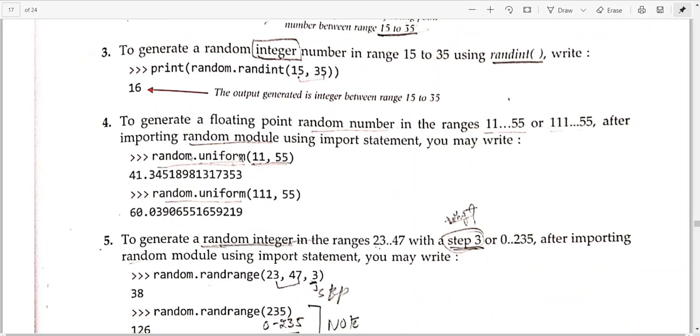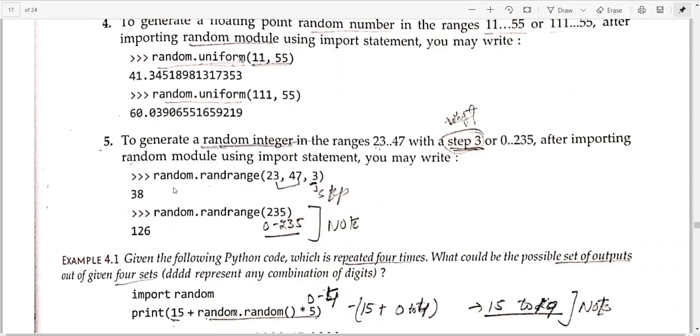Now you will be reading out this uniform function along with this random module. What it will do, if this is the range you have specified, is produce a number between 11 and 55. So this time it has produced 41. It's okay. Now again I am giving the value 101. See, reverse also we can give. Lower range comma upper range comma lower range is also acceptable. So the range is 111 to 55. Reverse order, no problem at all. The value will be generated successfully.